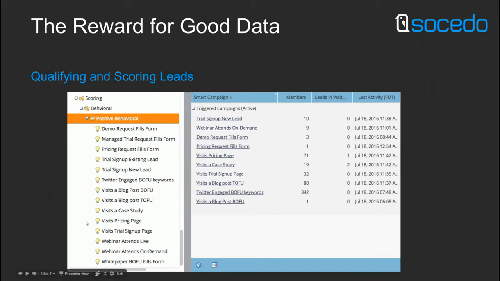This also gives me, in my funnel, the ability to open up all of these different actions to qualify someone as interested, rather than just someone filling out a form for a white paper or attending a webinar. If I'm collecting data from all these different sources, I can start to say someone who visited a blog post that was bottom of the funnel will get an increased lead score. Or if it's top of the funnel, a slightly lower lead score. I can say if you engage with us on Twitter on one of our bottom funnel keywords that we're tracking, I know that you're probably interested in our product and I can increase your lead score and send you closer to sales.